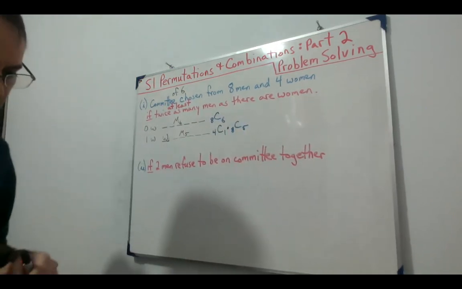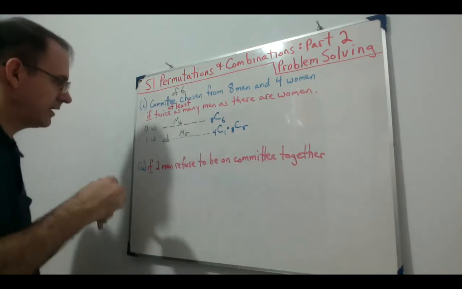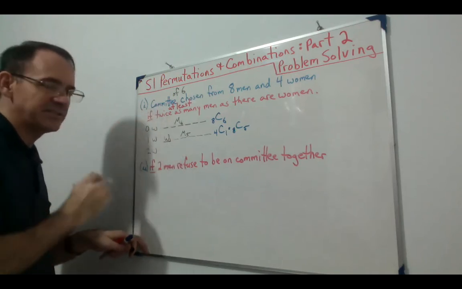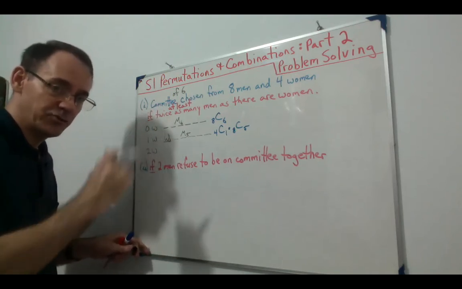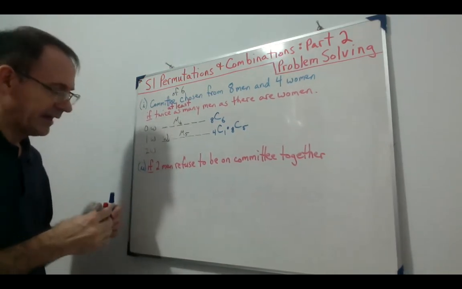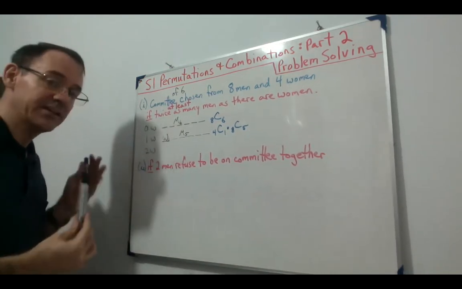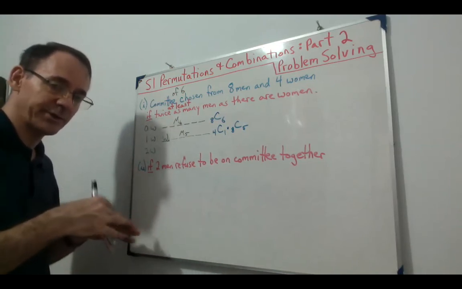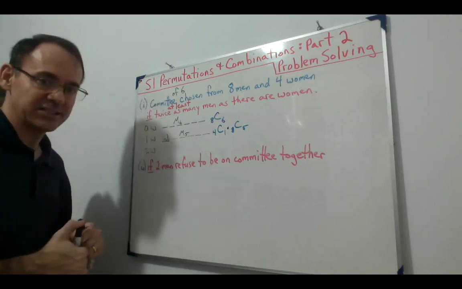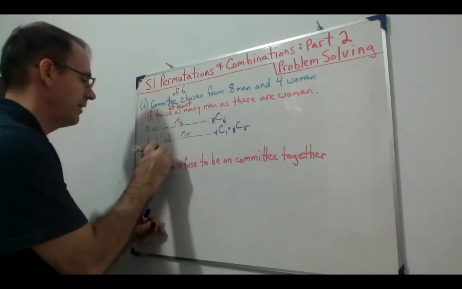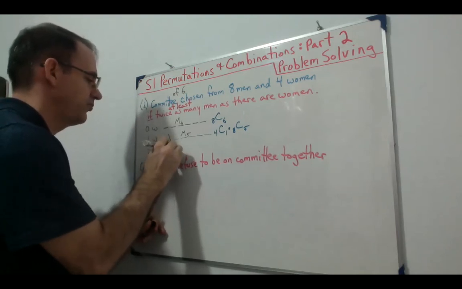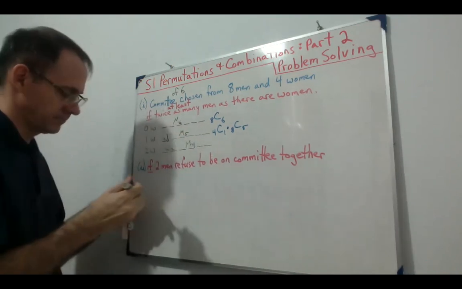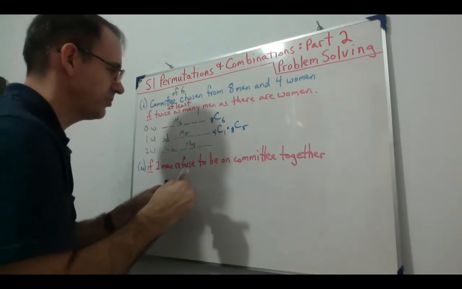Okay. Then for our next one, we can have 2 women. If we have 2 women, twice as many would be 4. 4 and 2 do make 6. So that will work as well. But obviously we cannot go on to 3 women because twice as many would be 6, 6 plus 3 is 9, and there's only 6 places on the committee. So now we want 2 women, 4 men. So we have 4 choose 2